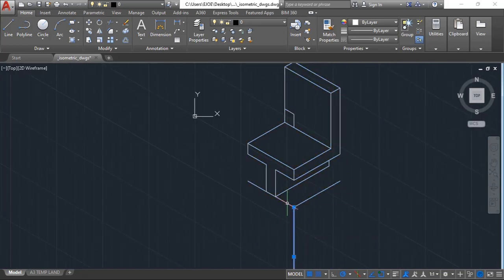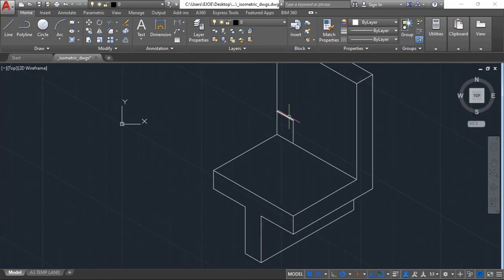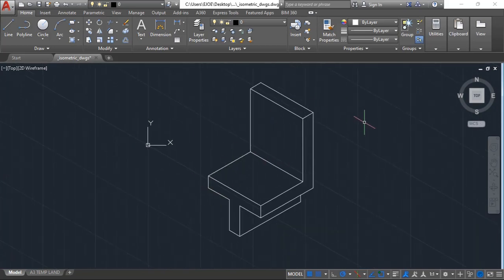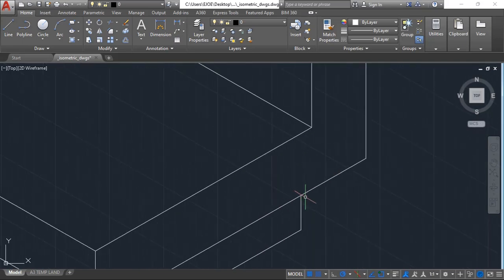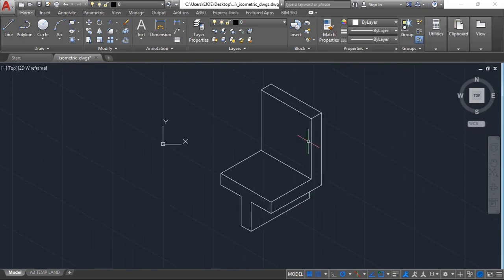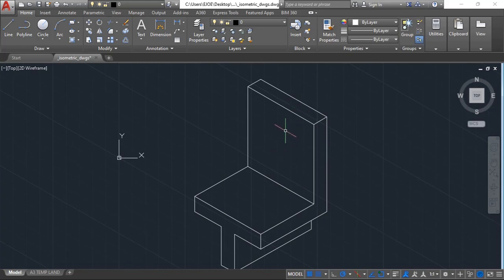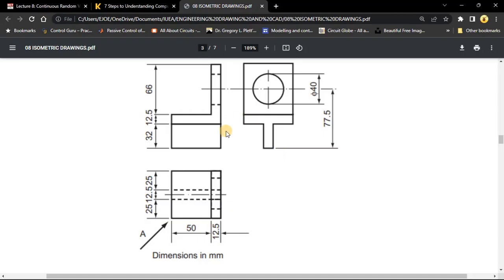Okay, so we can simply delete the rest, and these two. Alright, so this is our object so far. So now we need to draw the circular hole. Yeah, now that is the tricky part. So it has a diameter of